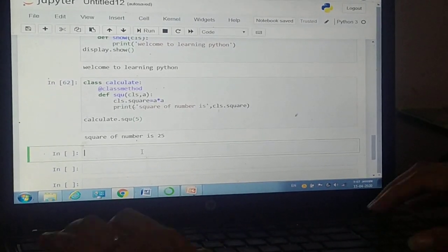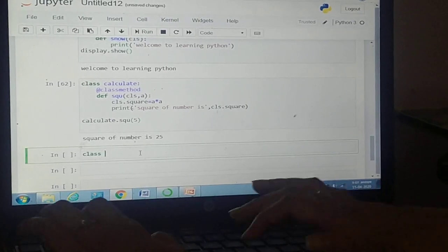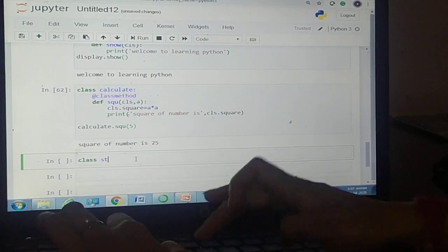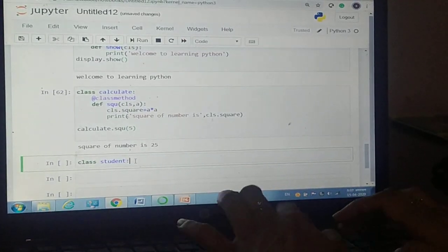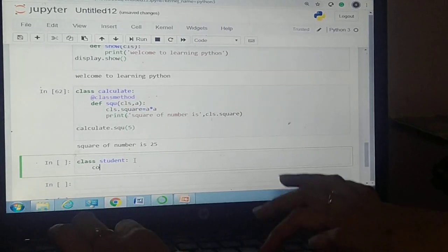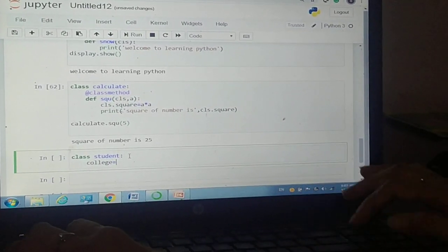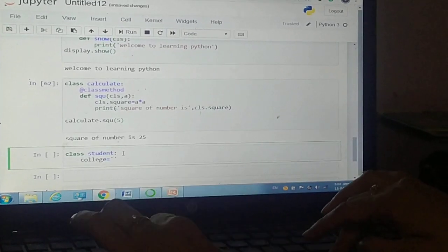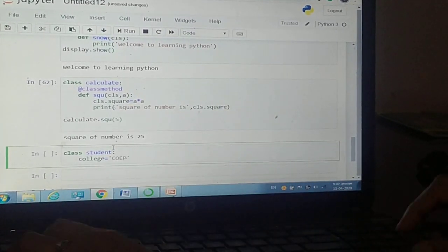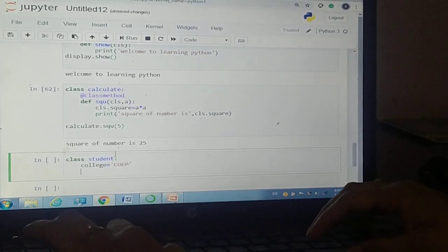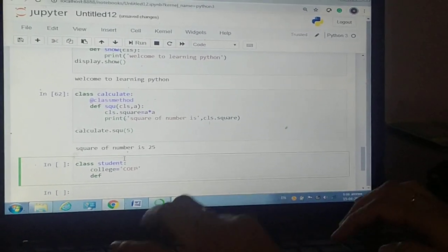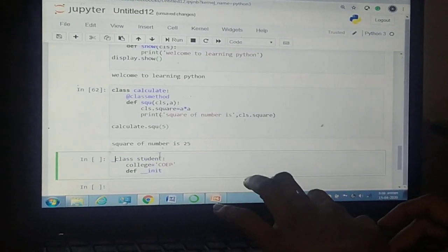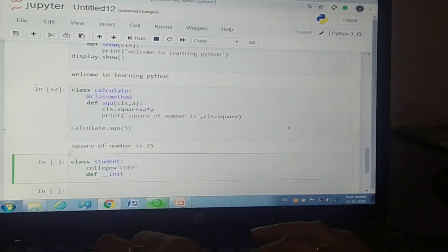Now let's take one other example which includes an ordinary class, an ordinary method, and a class method itself. So let's take a class, say student. Here, college. Inside college you can write anything. Suppose I write COEP. Now def underscore underscore INIT underscore underscore,